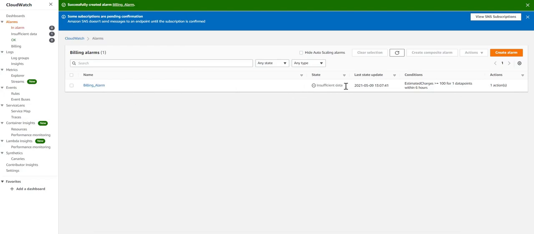Here the status shows insufficient data because this billing alarm doesn't have sufficient data yet to trigger a notification. So once it has the data, like billing going greater than 100 INR, it will trigger a notification to us. So it will save our extra billing, the estimated charges for all the services we are using in the AWS console. It is a very simple way to set up billing thresholds or estimated charges in your AWS console.